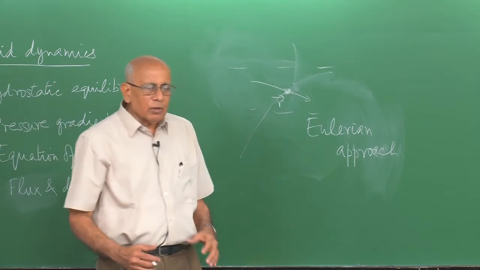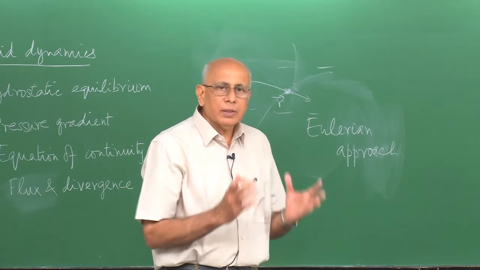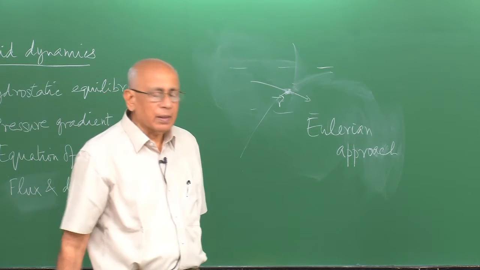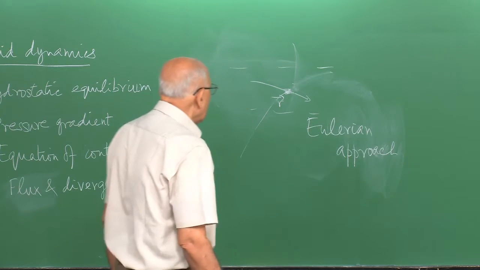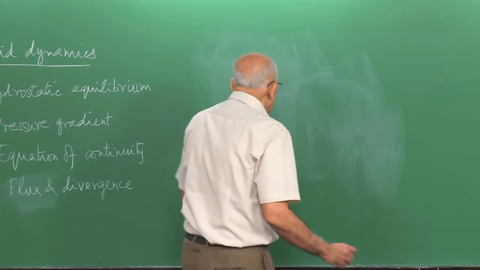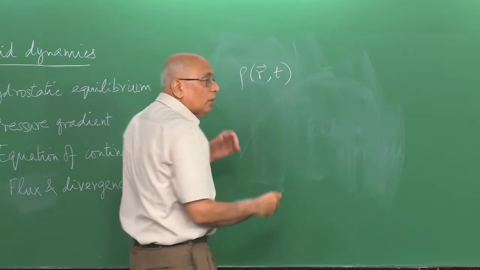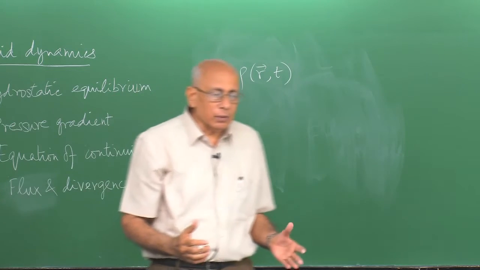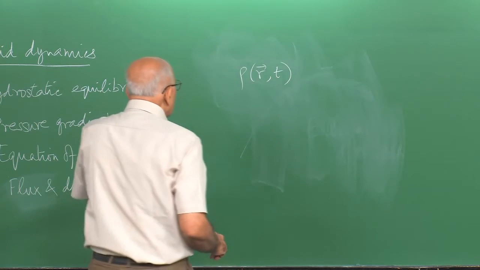Well, in the case of particles you talk about the position of the particle in all three Cartesian coordinates, for instance, plus the momentum or the velocity of the particle at any given instant of time, and you do this for each particle in the system. Here what we do is to associate with any point in the fluid a density rho, which could be a function of time because the fluid could be compressible and the fluid could be inhomogeneous. In other words, there could be different densities at different points in general. So the density,